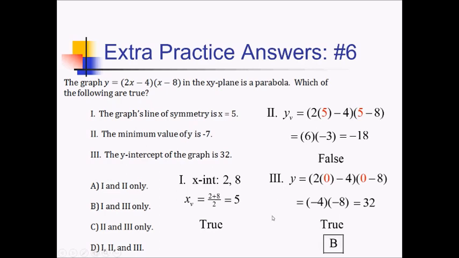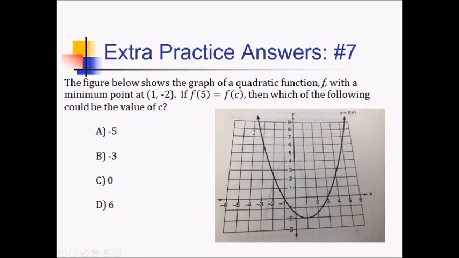is what we're looking for. For this problem, we've got the graph of some quadratic function f, and minimum point shown at 1, negative 2. Basically, what they're telling you here is that the vertex is at 1, negative 2. And the really important piece of this is that the axis of symmetry is at x equals 1, which you can kind of tell from the graph,